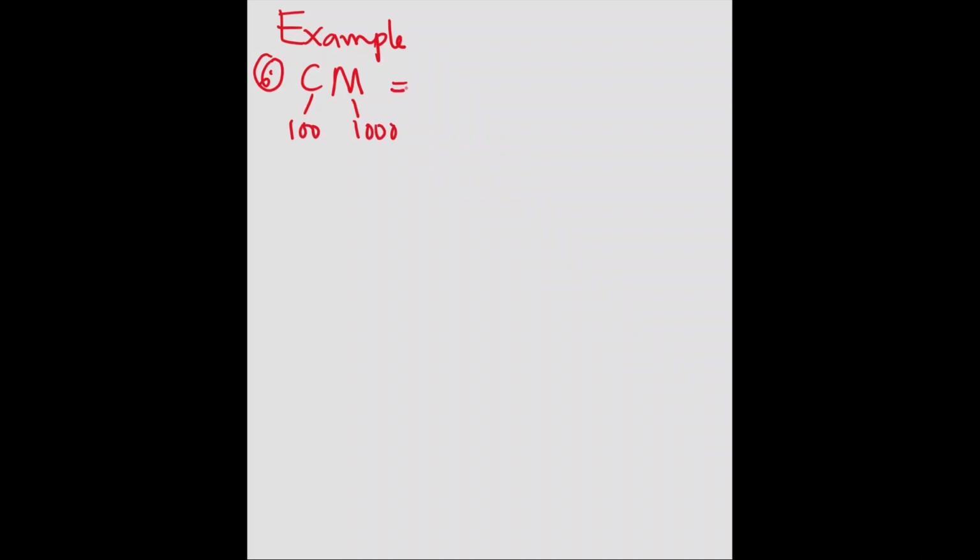C is 100, M is 1000, and we already know we are subtracting from each other. That will be 1000 minus 100, which will be 900. Okay, and then number 7 is